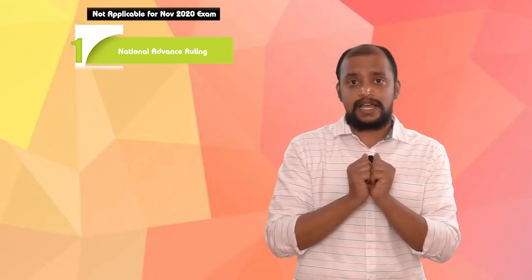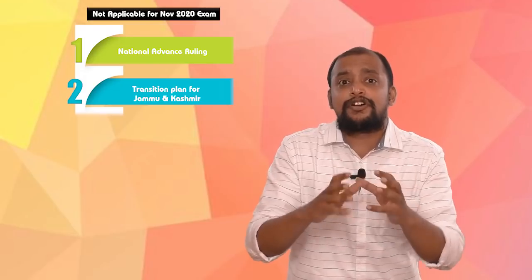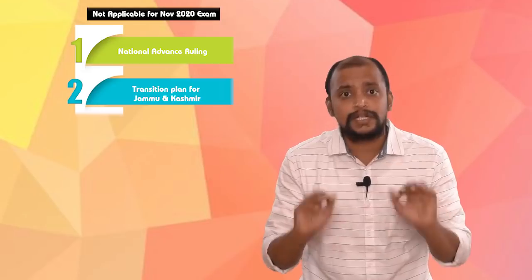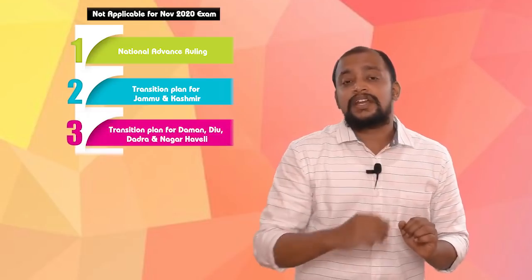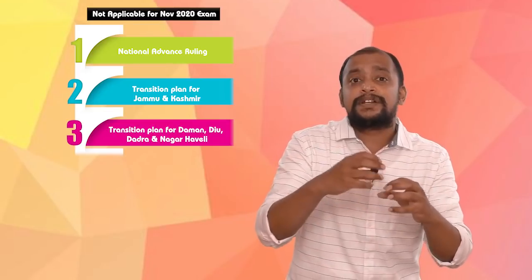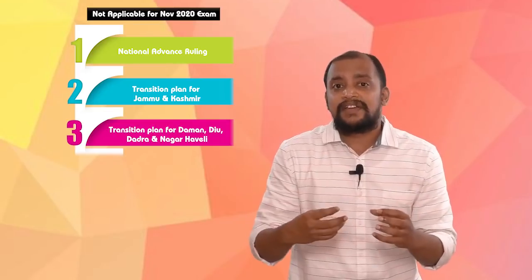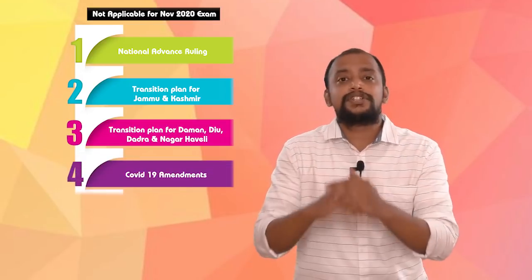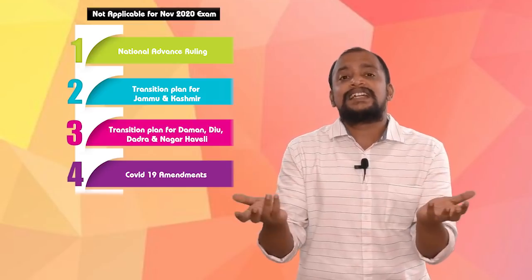For example, the National Advance Ruling Authority has been enacted, but that is not applicable for your exam. Then there is a transition plan for reorganization of Jammu and Kashmir into 2 union territories. That is not applicable. And then number 3, there is a transition plan for merger of 2 union territories, Daman, Diu, Dadra, Nagar Haveli. Not applicable for your exam. Like that, there are many things which are not applicable for your exam, which I did not cover in that